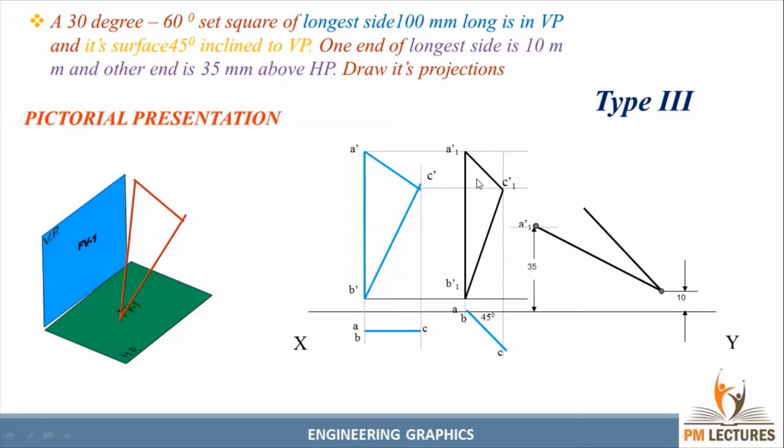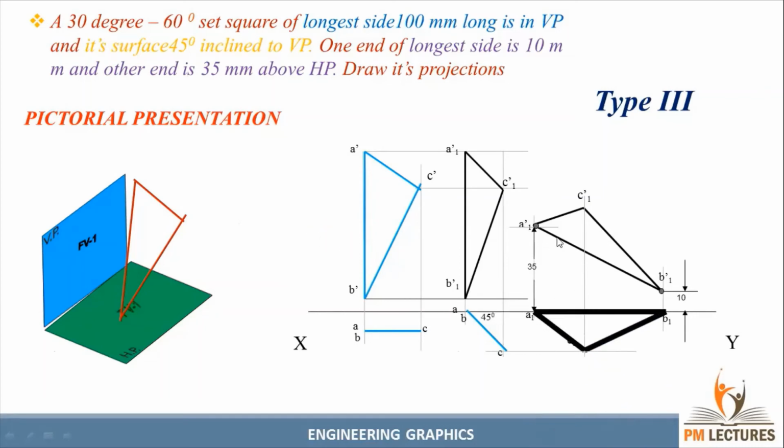Next, B1 dash to C1 dash, you can measure using your compass and put an arc. Similarly, A1 dash to C1 dash we need to measure and put an arc. Then you can give the names. Then you can do the projections from this side also. The A1 dash and A intersecting point is A1. Similarly, B1 dash and B intersecting point is given as B1, and C1 dash and C intersection point is given as C1. And draw the lines.